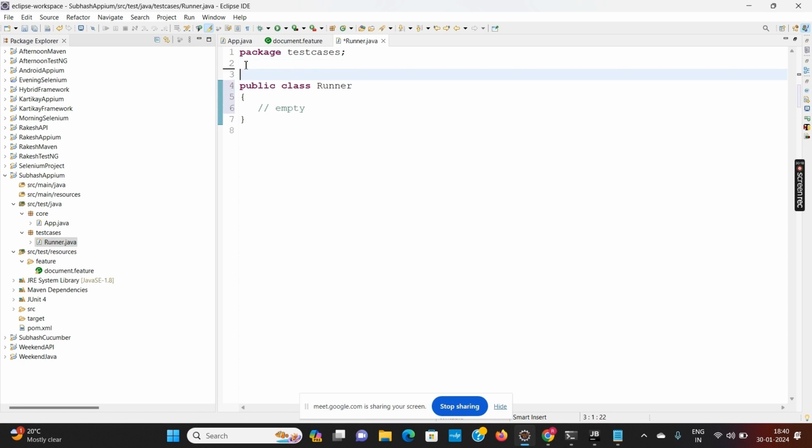And we have to write the annotations before the runner class: @RunWith(Cucumber.class).